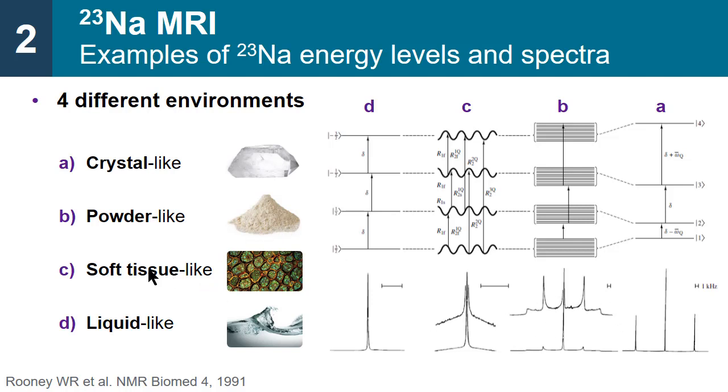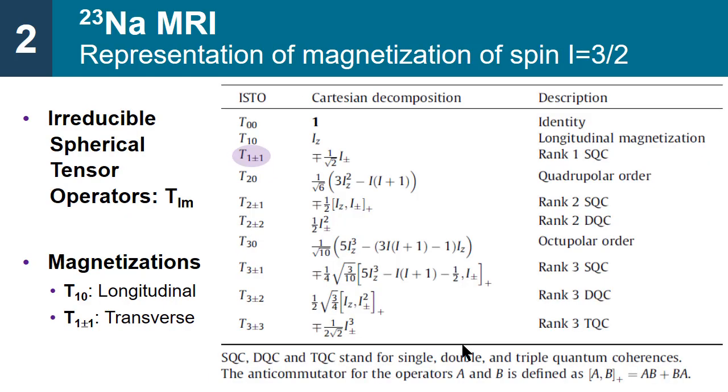So in general, in soft tissues or in liquid, like in CSF or in edema, you're going to have more of one peak. The 3 peaks are coalescing in the center. But you're still going to have some bi-exponential relaxation in that case, for example. So you have to take this into account for your quantification.